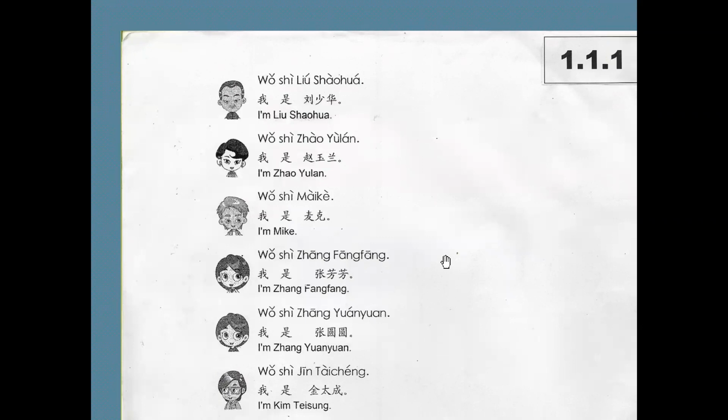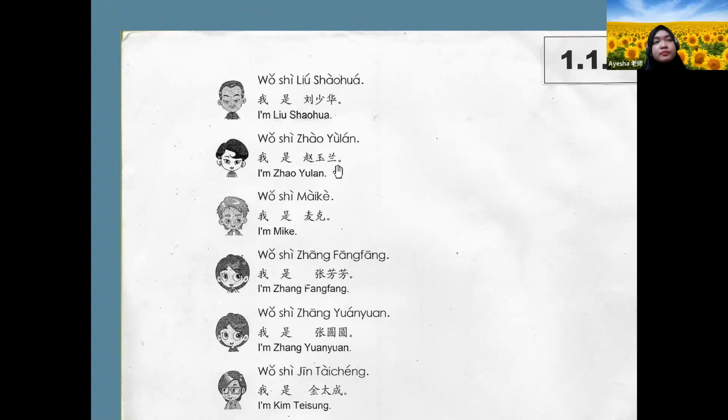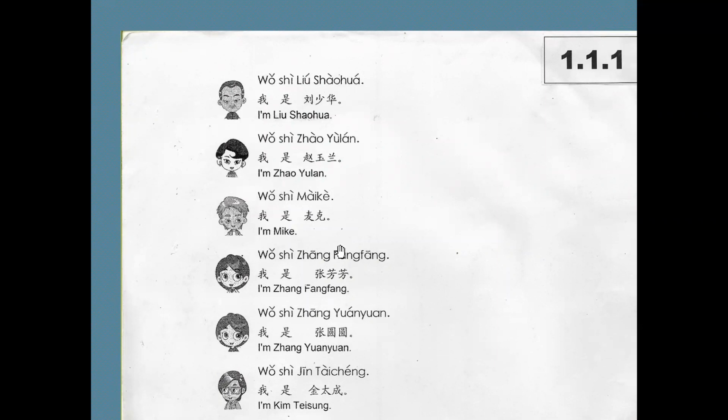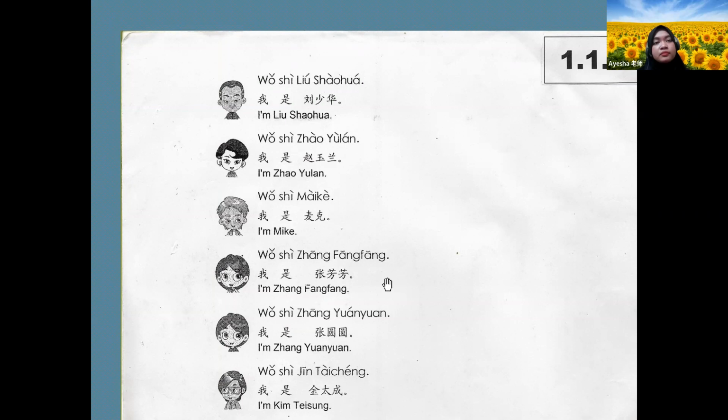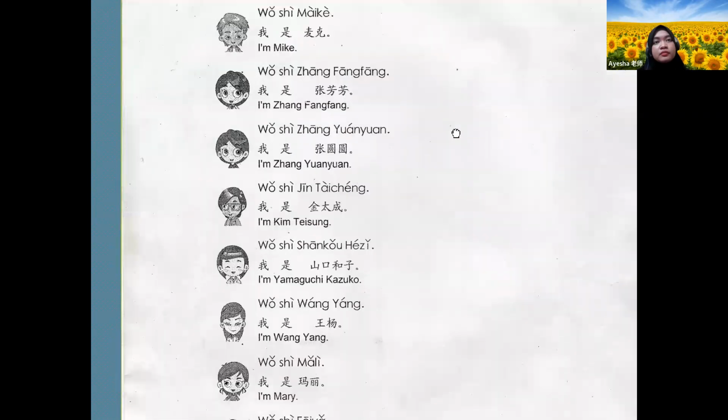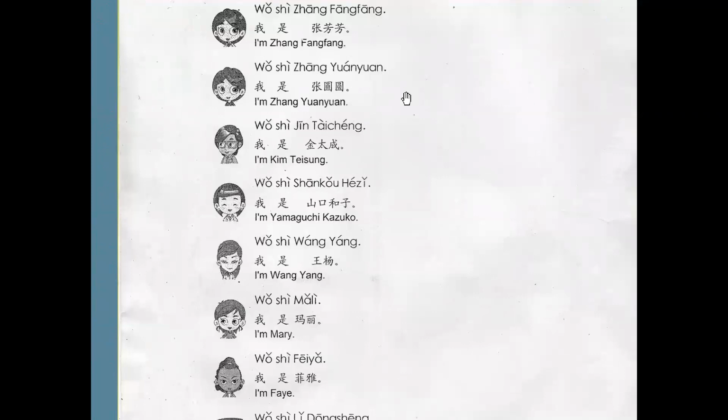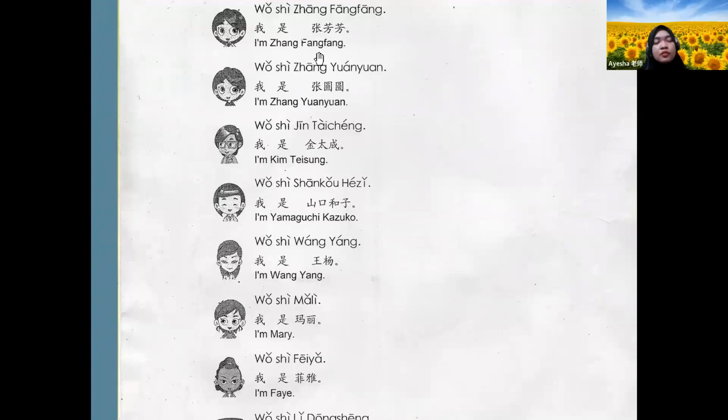我是刘少华。 很好. Next one, Atika. 我是赵有兰。 我是麦克 okay. 我是张芳芳。 Very good. Atika. 我是张圆圆。